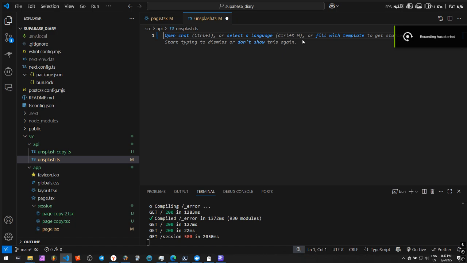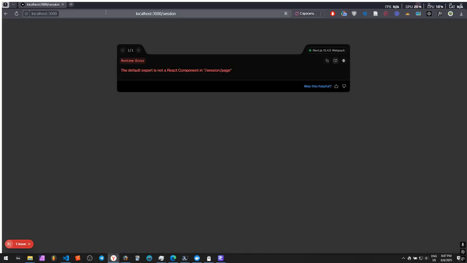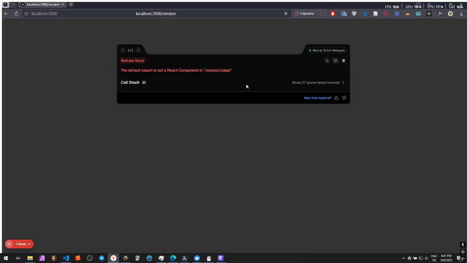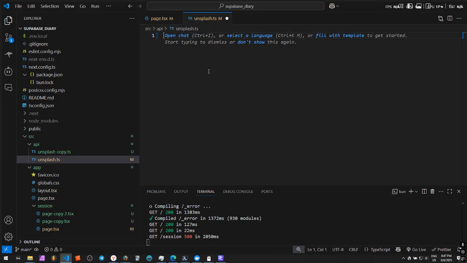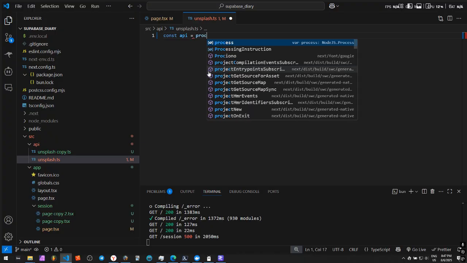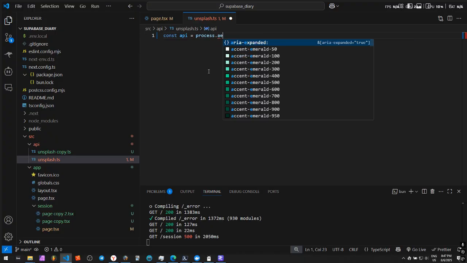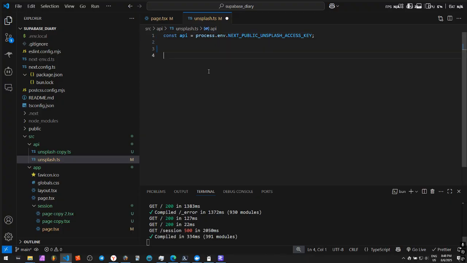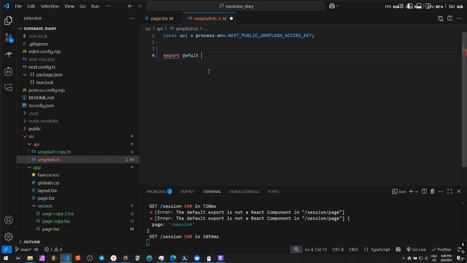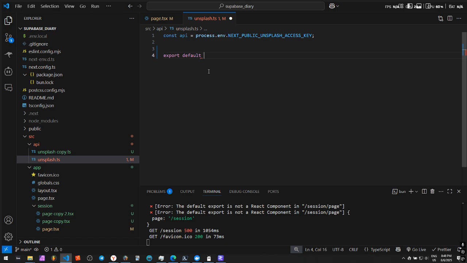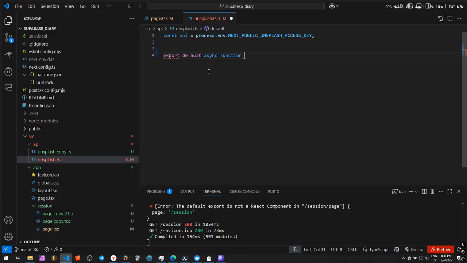Okay, so you want to have the Unsplash API called in your session right here in Next.js. It's both surprisingly easy and hard. Let me import env, my API key, and then I'm going to have export default async function, because calling an API is async. Then Unsplash get random photo,